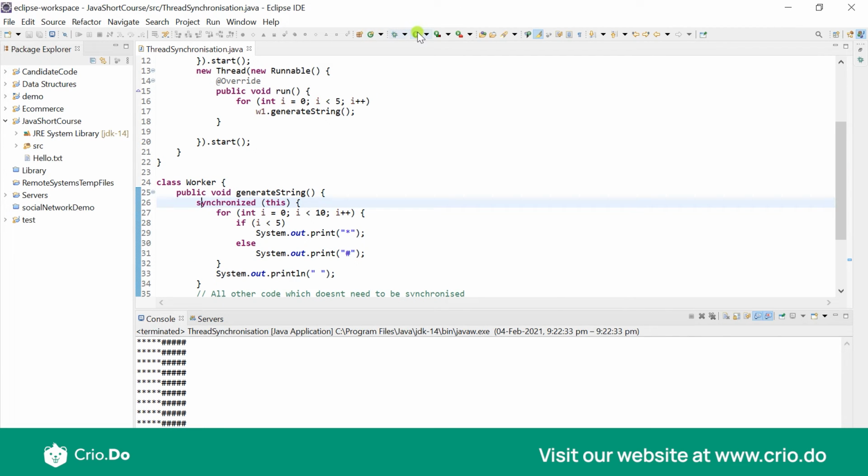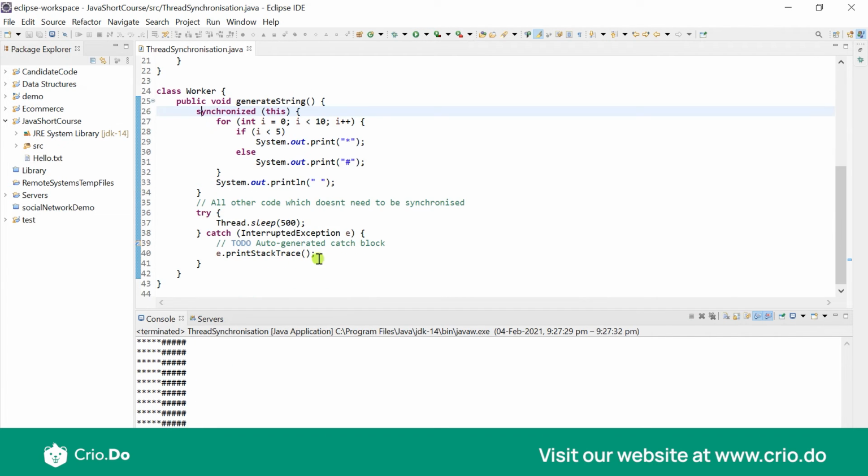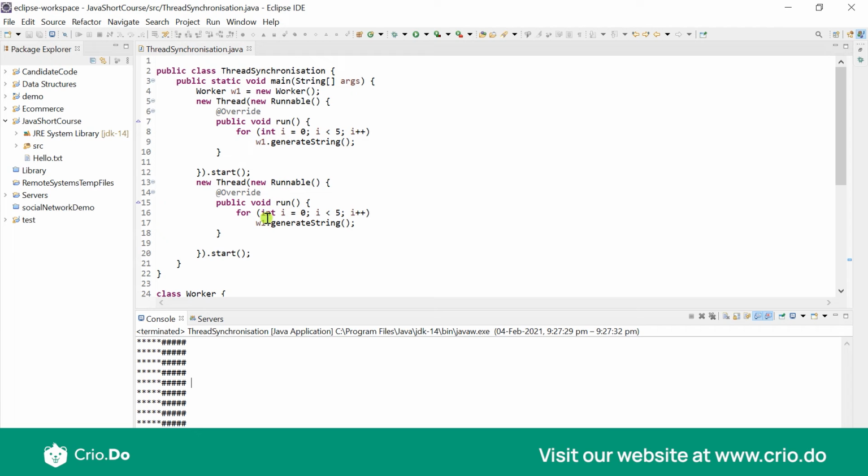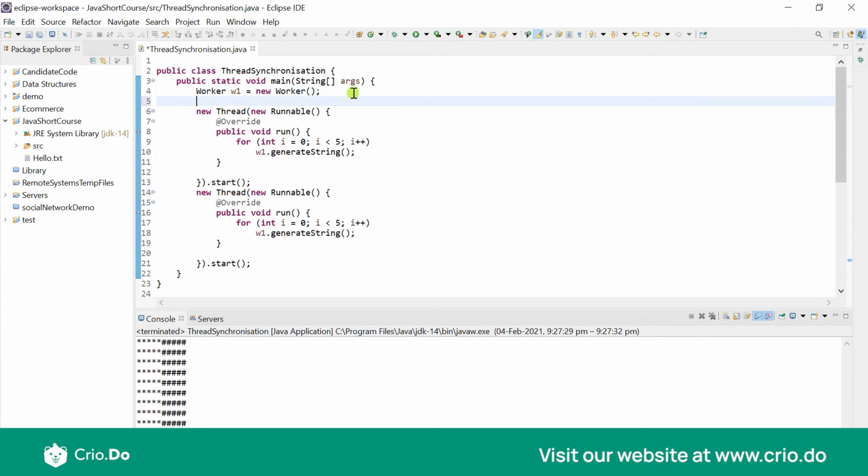I'm formatting this and running this now. Every time, we have this sequence running properly, the thread.sleep also working properly, and we have consistent output. But let's say I do not have this W1, I actually have W2. So I have two workers working now, and the synchronization is only for a particular